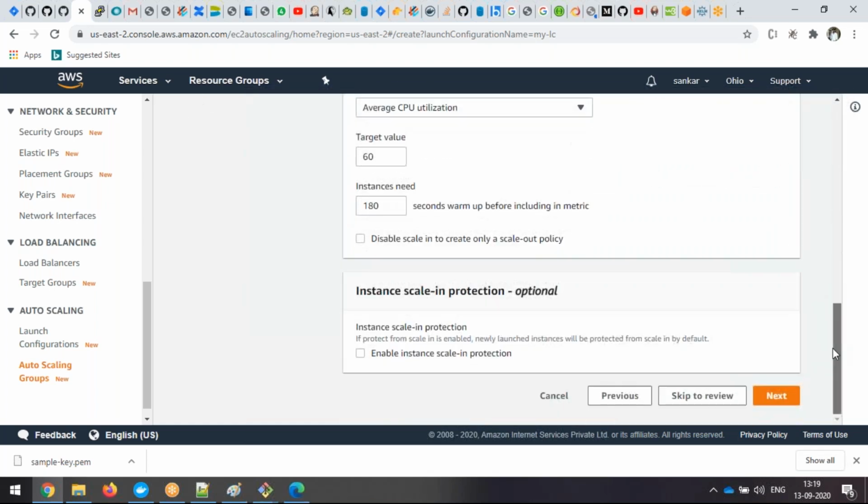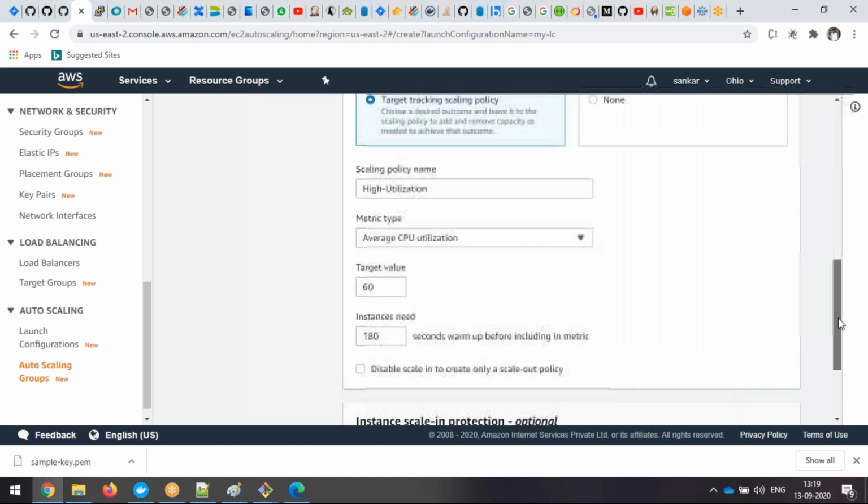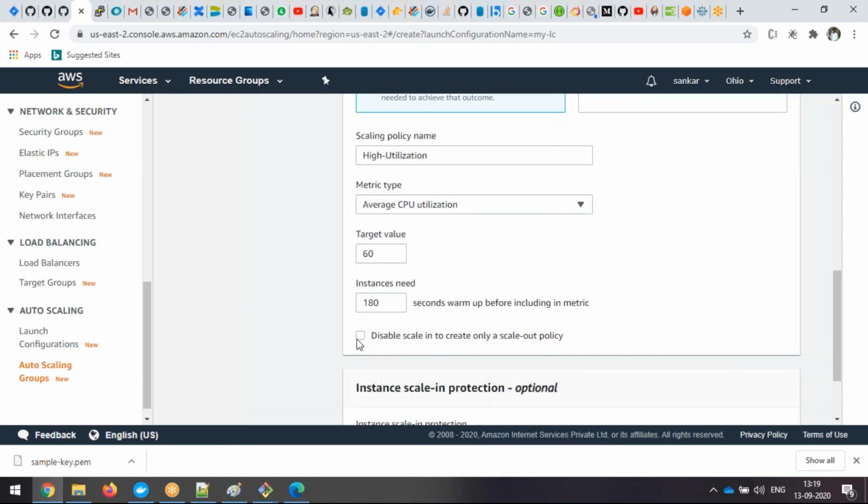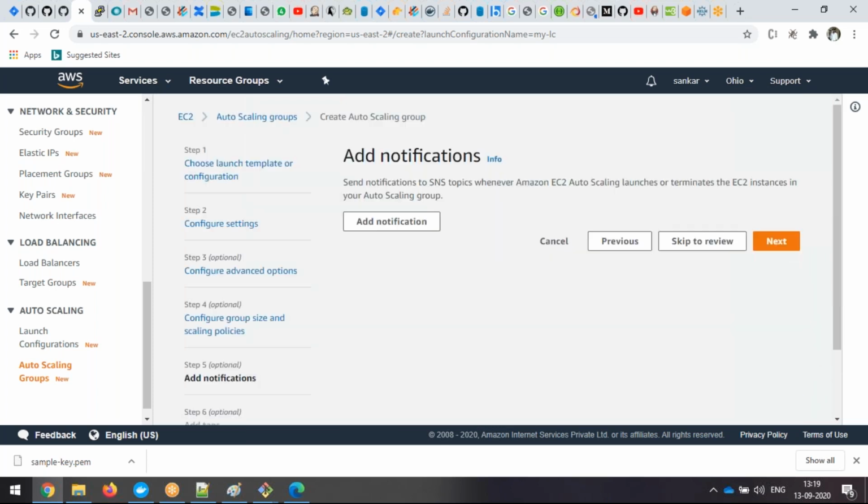So now likewise I require scaling policies also. So now here I am going to click on enable scaling protection. If scaling protection is enabled, newly launched instances will be protected from scale in by default. Okay, this is not what I am looking for actually. I require the scaling policy also. So where can I find that scaling policy? It's not showing anything. Click on next